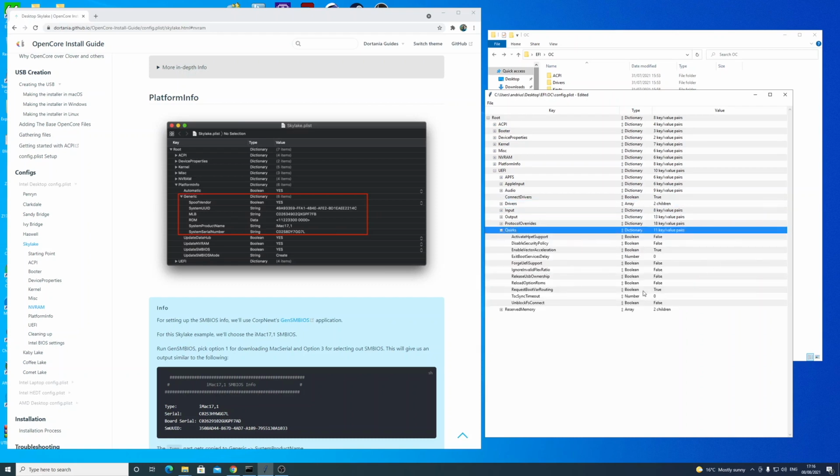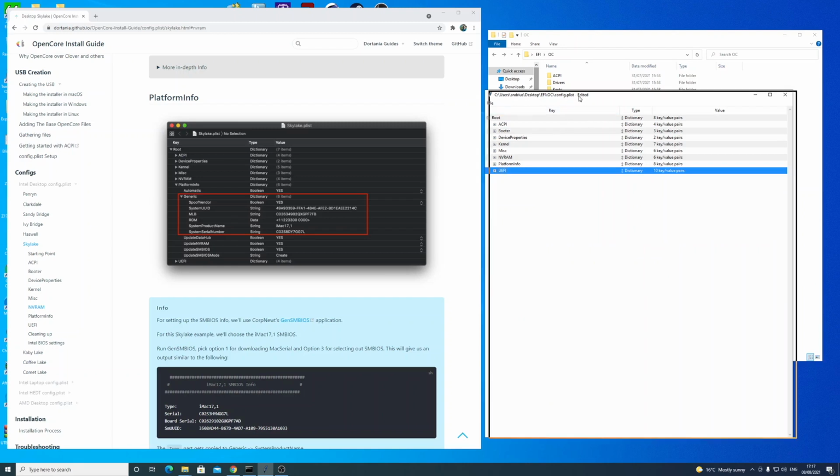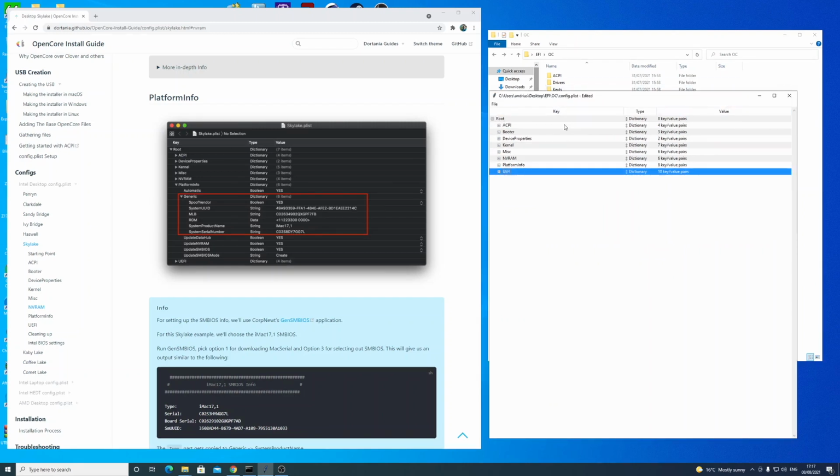In Quirks, RequestBootVarRouting has to be set to true. And if you have a Haswell CPU, IgnoreInvalidFlexRatio has to be set to true, but that's only for the Haswell generation. And I think that's about it when it comes to the config. So you save it,